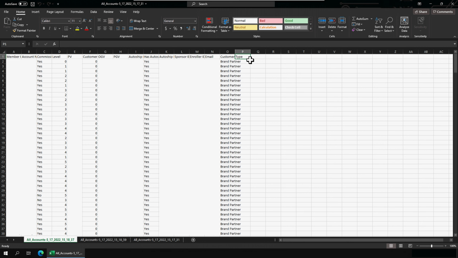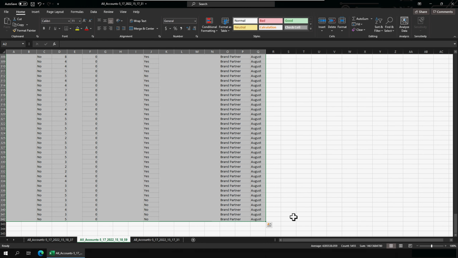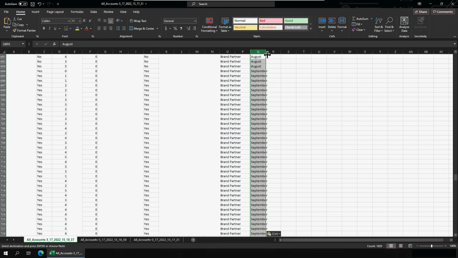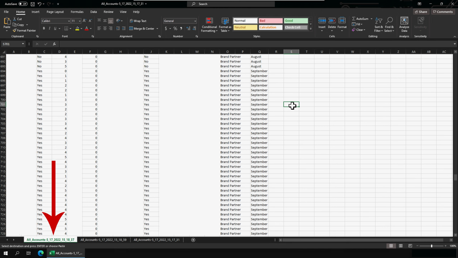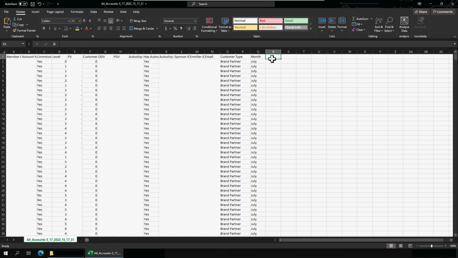To know which month you're looking at, please add a column on the very right-hand side. You can call it Month, and add a month there. Add the name of the month to the column and be sure to do the same for each month. You can now transfer the data for August and September onto the July tab under Another. This way you will have all the data for the 3 months in one tab. All columns should match, meaning where you have the column Month, you should have July, August and September.